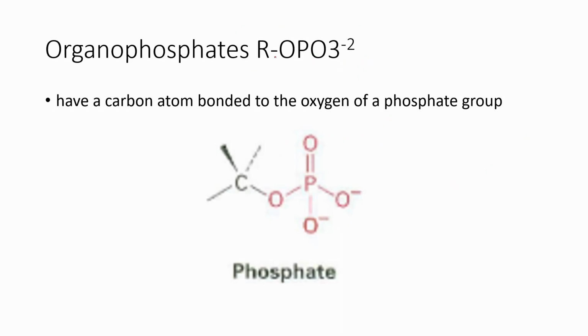Next, you have your organophosphates. These are similar to your ether, but instead of another R group, you have the phosphate group. So you have R, O, then phosphate. So this is your organophosphate. In the case being in this here, CH3, O, PO,